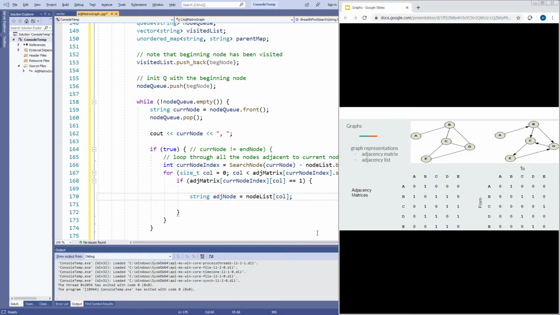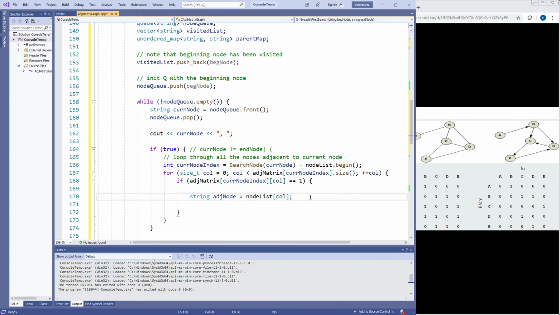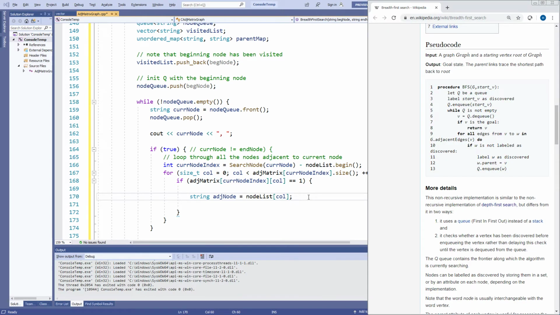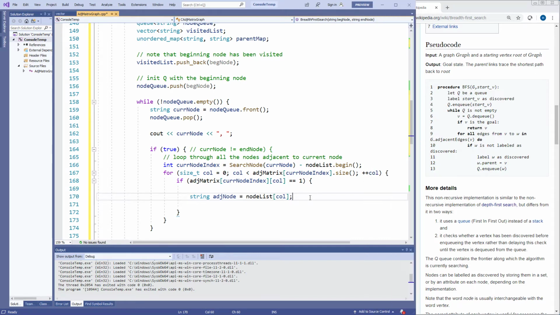into the node list. So now, according to the algorithm, we want to ask the question if W, or in my case, the adjacent node, is not labeled as discovered. And I like to translate that as, have we already visited this adjacent node? If we have, we don't want to backtrack. And so that involves us searching in this visited list. So we want to ask the question,